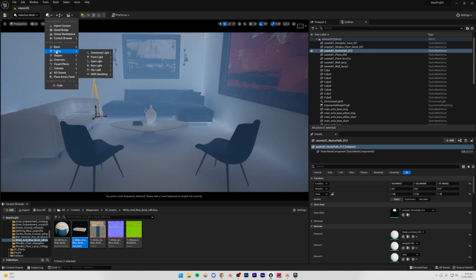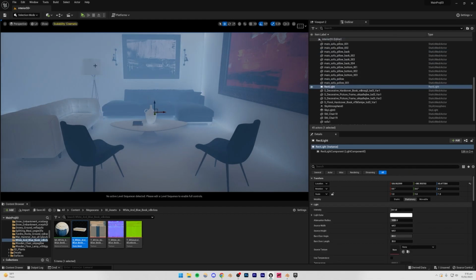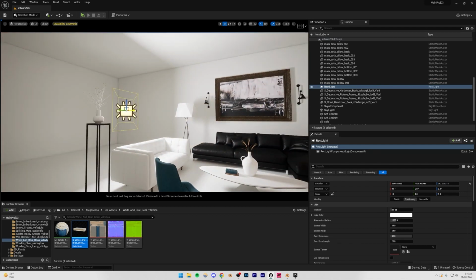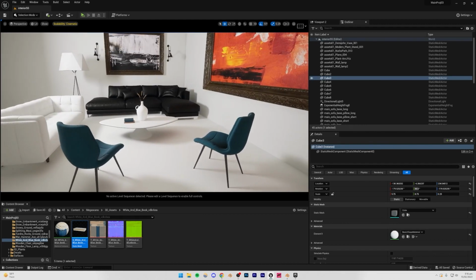Let me just go to add lights, and then let's just add a rect light. This is obviously temporary. It's just to see what we're working with, so that at least it doesn't look that bad. I think it's good. All right, so now what I'm going to do is that,